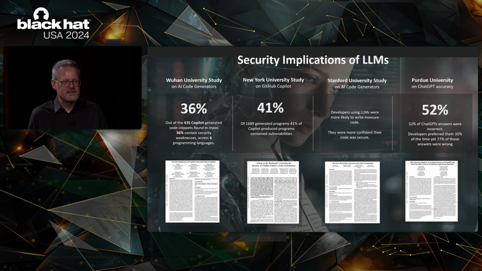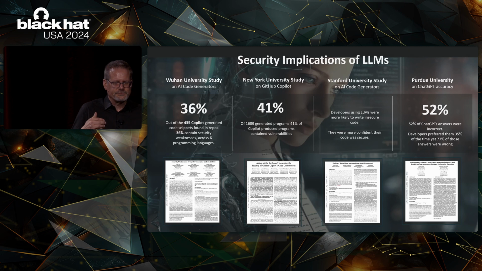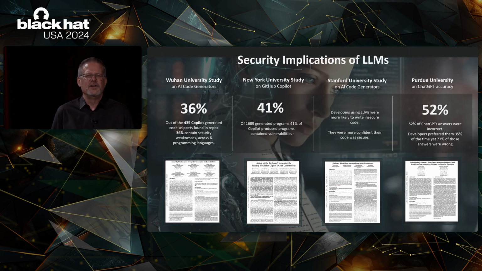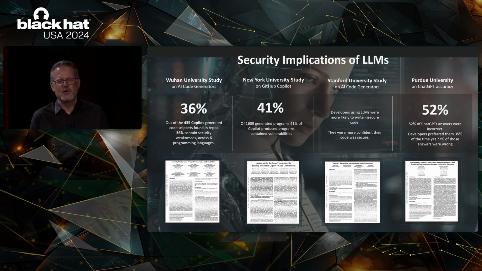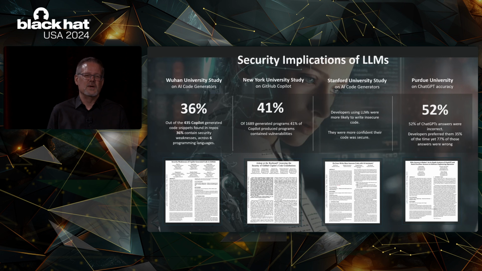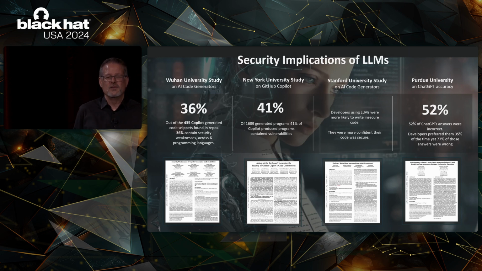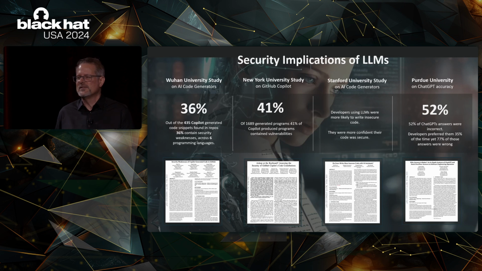The other problem was that 35% of the time, when they asked which answer do you prefer, and this was blind, they're not showing them which is which. Here are two answers to the question. Answer A was Stack Overflow, answer B was ChatGPT, but they didn't tell them. They said, which answer do you like? Which answer are you going to use? And it turned out that 35% of the time, developers preferred the ChatGPT answer, which is already wrong 52% of the time.